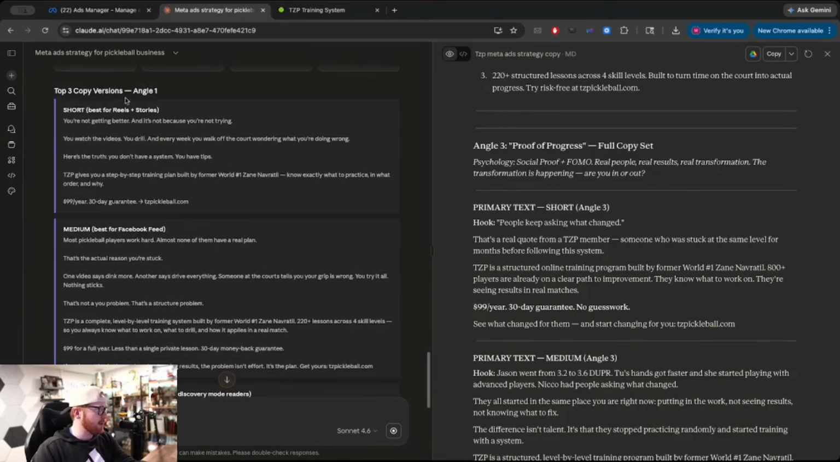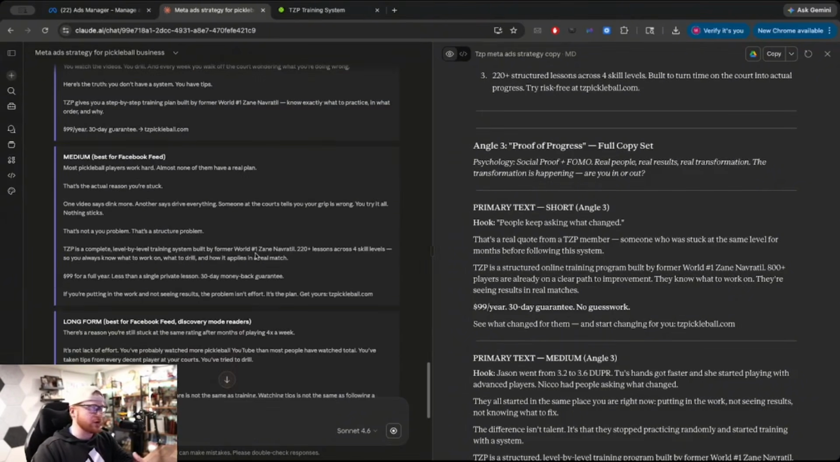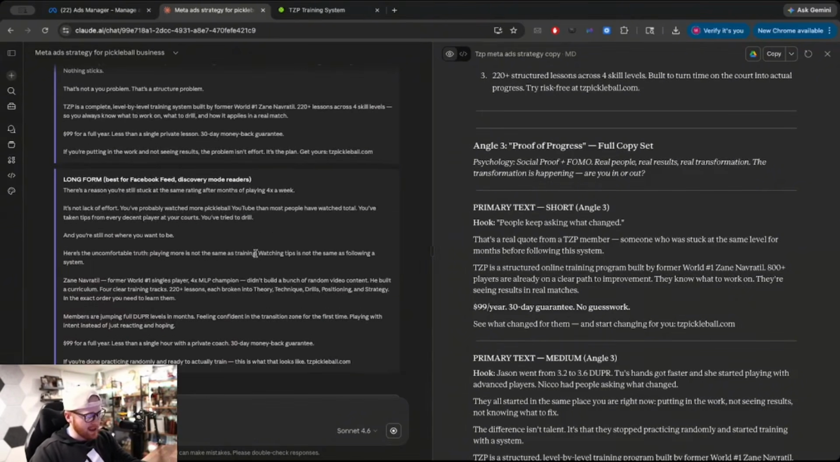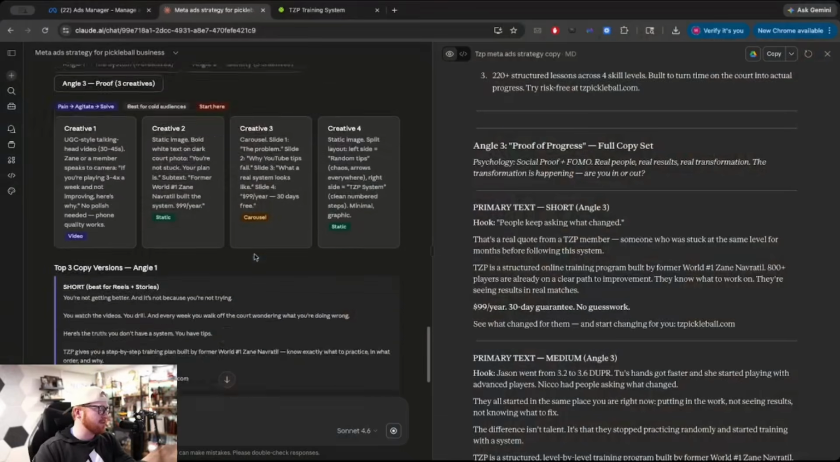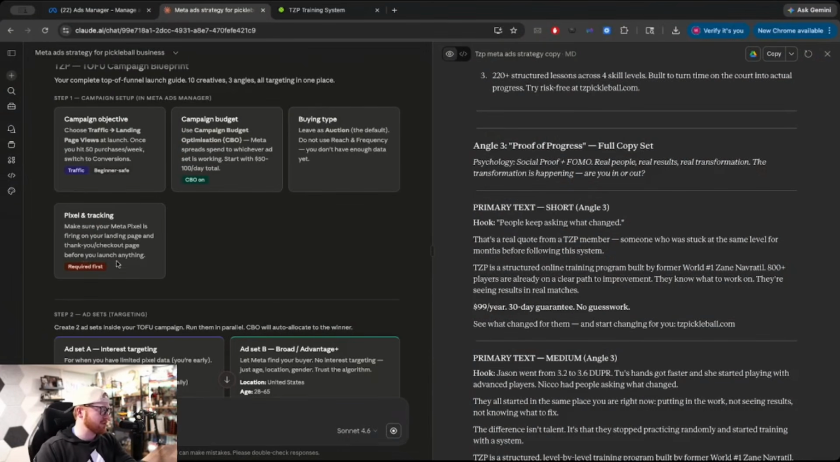You can come in here now and just follow these directions. You can paste everything that it's giving you for your copies, for your headlines, and this will remove like 95% of the barrier to running your Meta ads. And I love that it even tells you things like you need to make sure your pixel and tracking are set up. So let's say you don't even know how to do that. Well, first you could watch the video of mine that I'll link down below on how to set all this up, or you could just ask Claude, hey, I don't know what my pixel and tracking is,